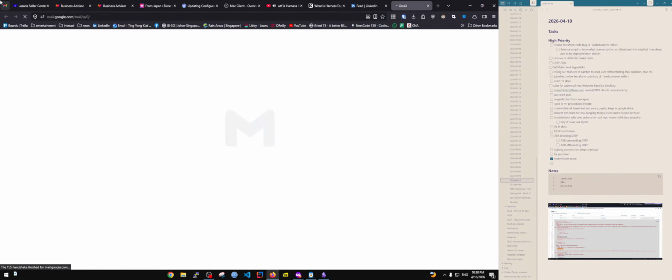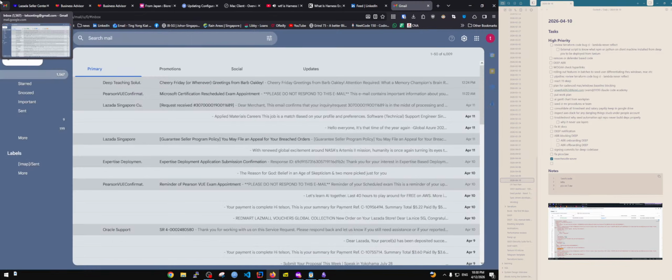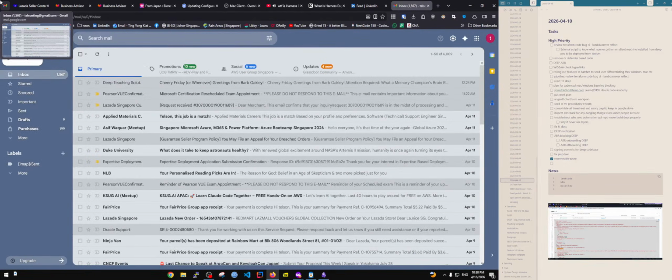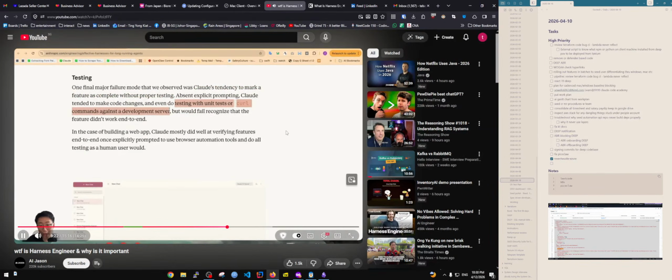But with just documentation and context, the environment itself is not enough, because the model by default has this tendency to mark something as completed without proper testing. And at the beginning, they were just prompting Claude Code to always do the tests after the code change by doing unit tests or API tests for the dev server. But also